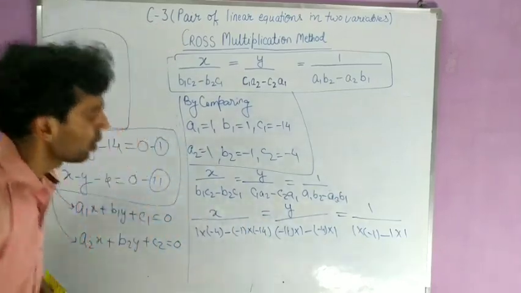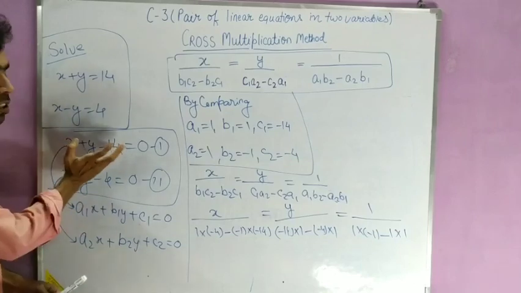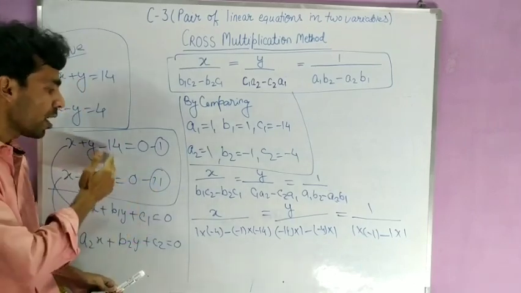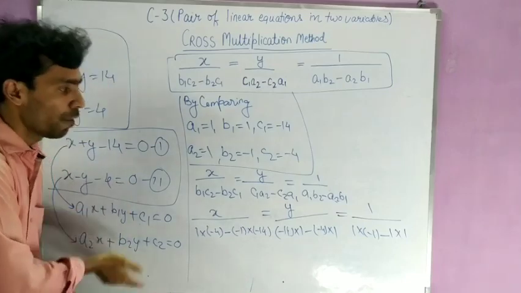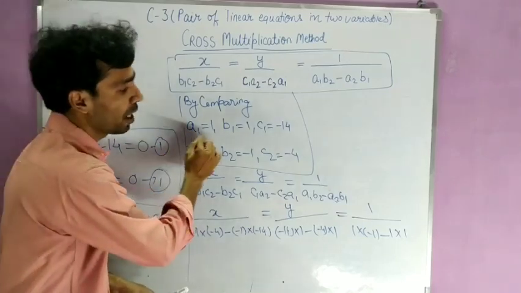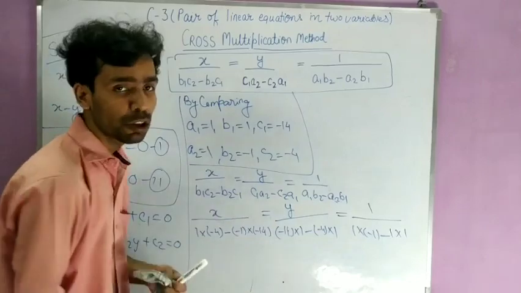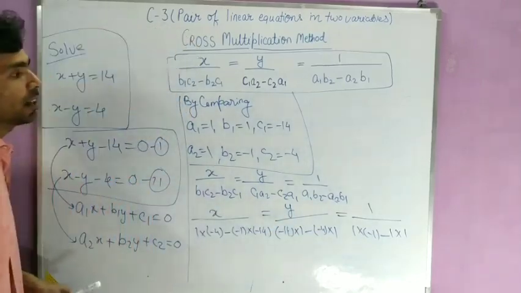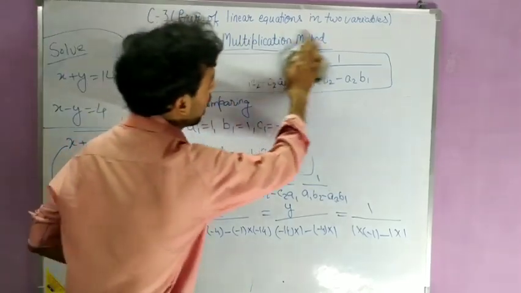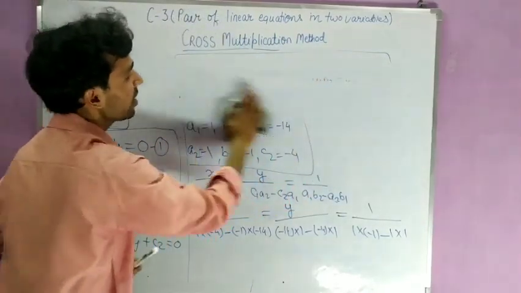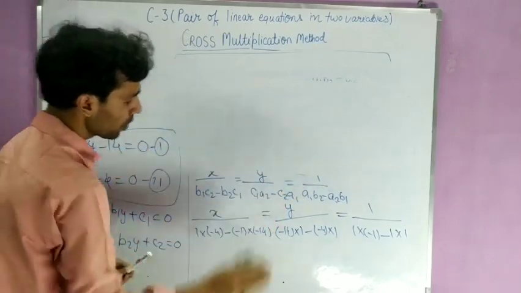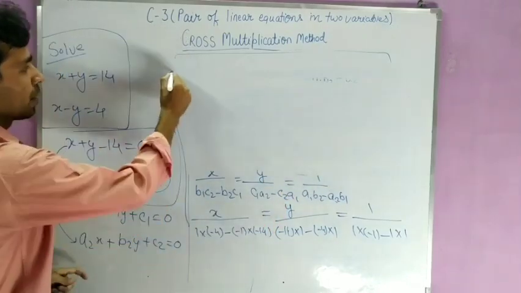Now student, nothing we have done, whatever expression were given, we have converted in as general form. Then we have compared these two equations with the general form. From there we can find out the value of a1 a2 b1 b2 c1 c2. After that we have put all the values in the expression, and now we will solve. See how to solve. Main thing is that how to solve. Okay, so from here I am writing upside.